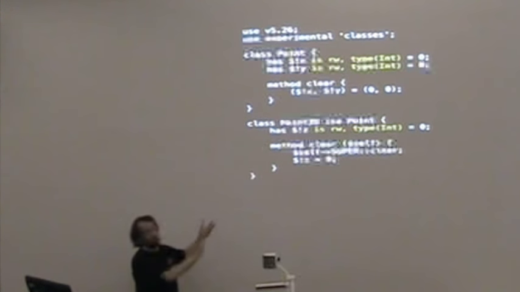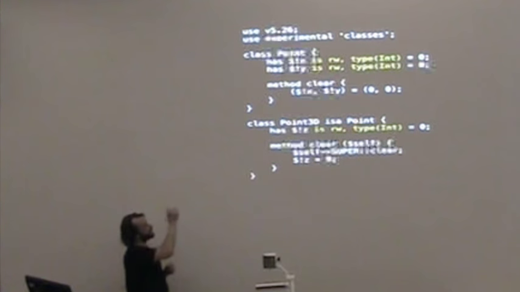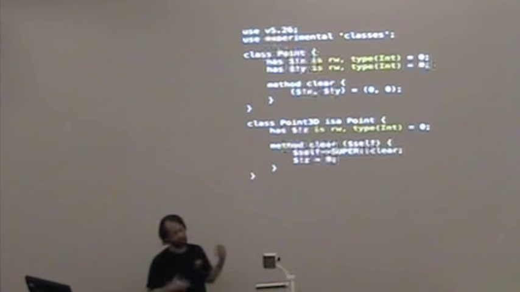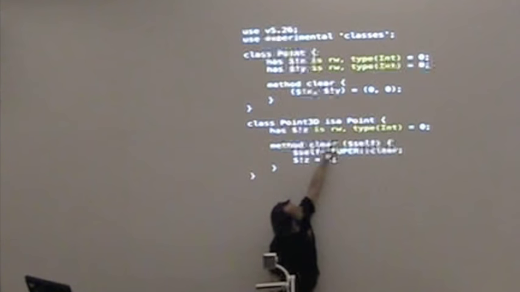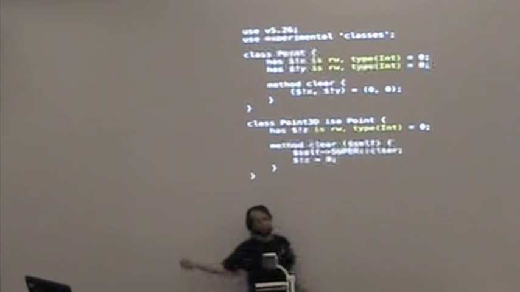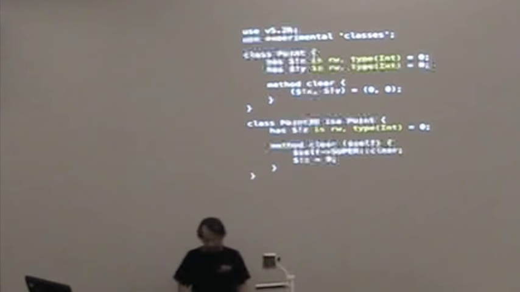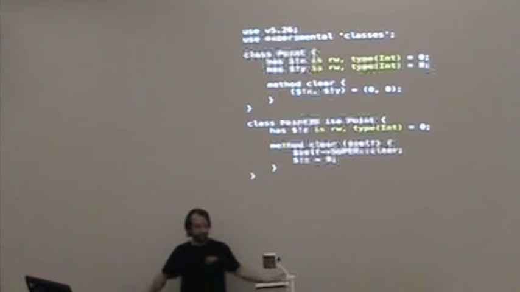But the idea is, again, we borrow from the Perl 6 design, and you can begin to add in these traits that will be modifiers on your attributes. Obviously, this one's going to create an accessor, and that one's just going to make sure that anything that you try and stick in there fits the appropriate type constraint. Okay, so that's the fancy stuff.